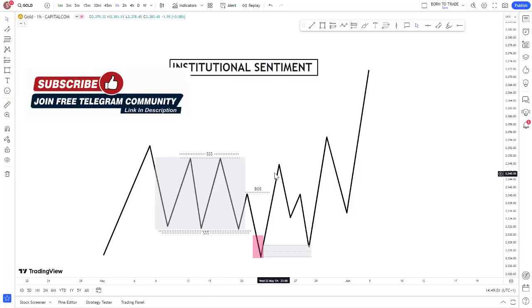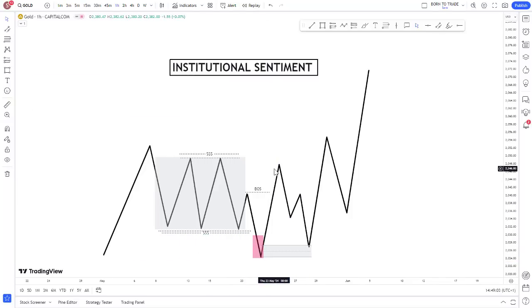You see how price expands to the upside, which is the initiation phase, price moving to the opposite direction. After this, that's when we're going to anticipate the mitigation, where price is going to come back to mitigate our level, and after that we're going to see the distribution phase where price continues to the upside or to the opposite direction. So this is simple. This is a very, very simple concept, and I'm going to show you a live example. So you see, this is exactly how smart money moves in the market, and this is my trading style. Okay, this is one of the styles I use in making money in the financial market.